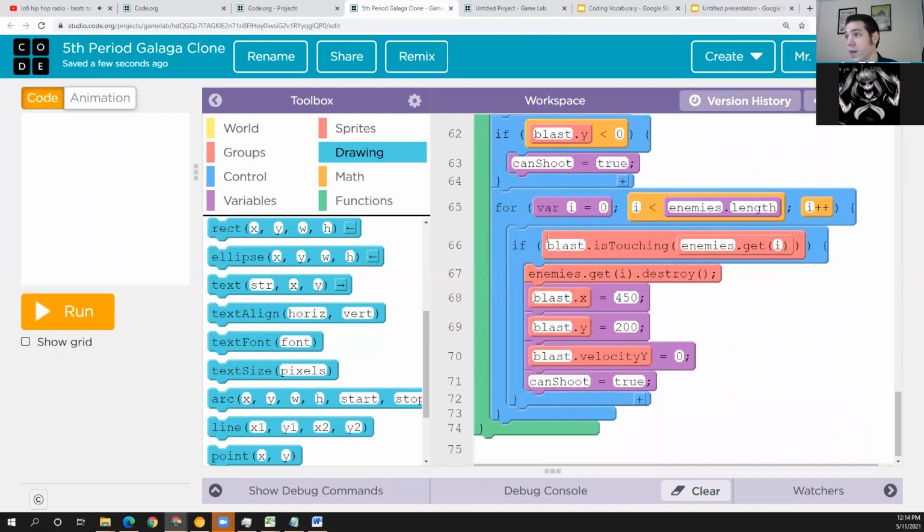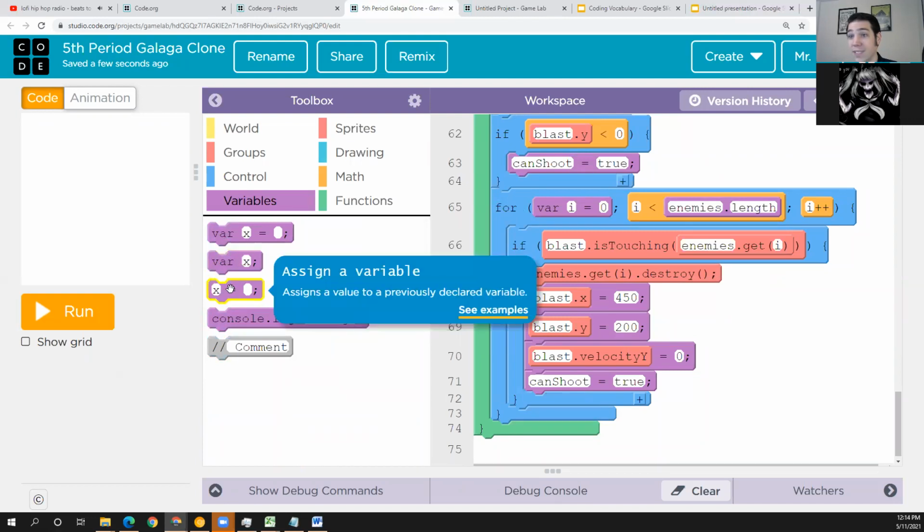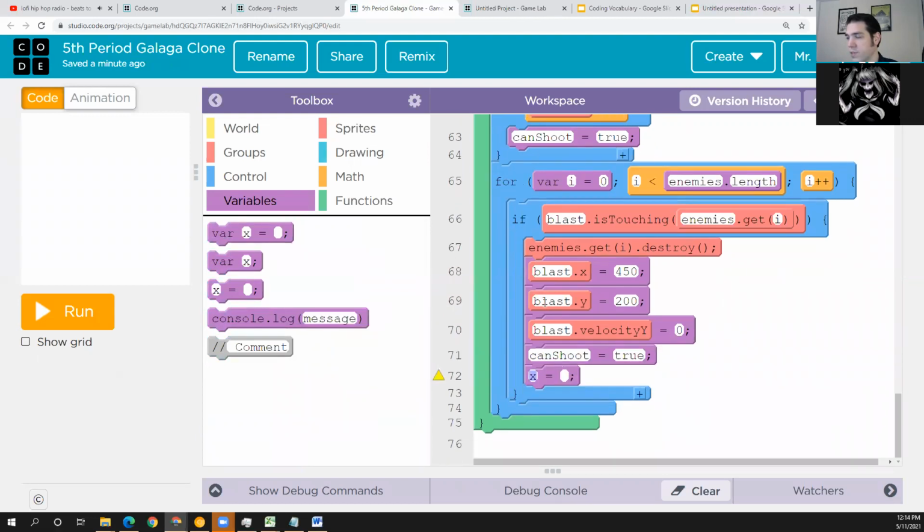So I'm going to go down to the code we just modified, right? We've got that for loop with the if statement inside. And I'm going to add one more line of code to it. And that is going to be my variable assignment. Make sure you're not using var, because var is only when you create a variable the first time, right? So I'm going to put this inside of that if statement, and I'm going to make it score is going to get the value of score